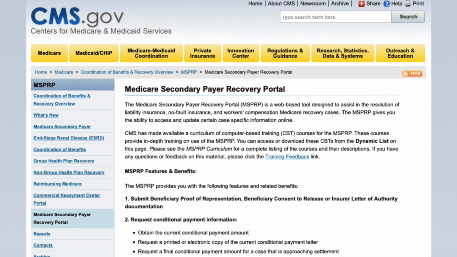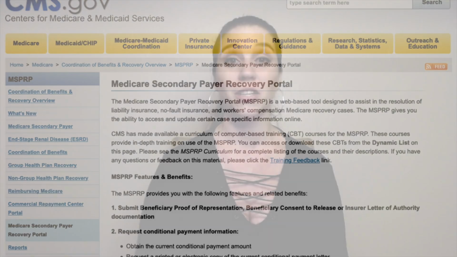Keep in mind that insurance companies may not provide you with a summary of detailed itemizations right away. They may want some more information about the claim before they release it to you. Regardless, if you don't have that information within about 90 days, then it's time to start being proactive and calling people and asking them why you haven't received it. Let them know that you're involved in the case and you need the conditional payment amount. Once you have Medicare's conditional payment notice, also the CPN, then you can go online and register for their portal, which will make obtaining their amounts much easier.